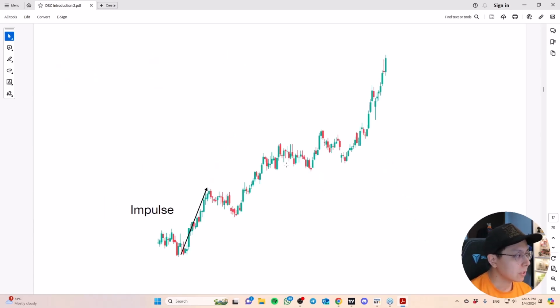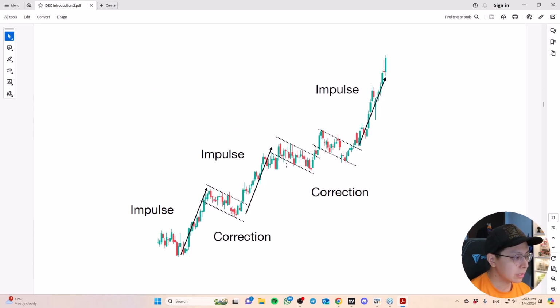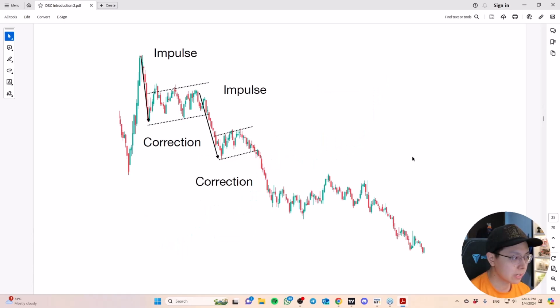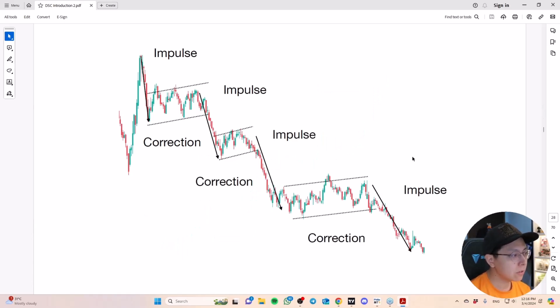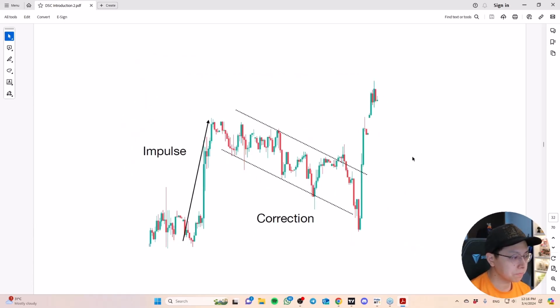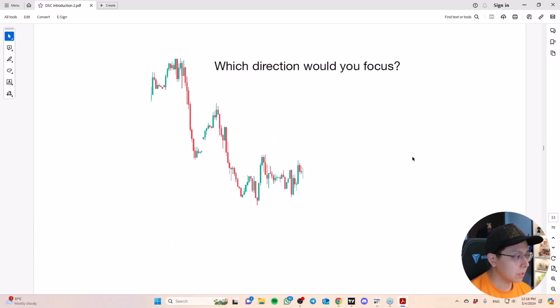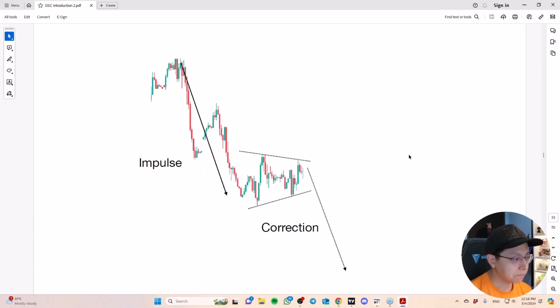Now for the other pattern, I'll very quickly scroll through this, because these are just drawings. So you can see impulse correction. Every time we see this combination, the market is likely going to continue its trend. There's an uptrend, and there's also the downtrend side of things. The other pattern over here is basically the reversal. Again, these are just examples of it.